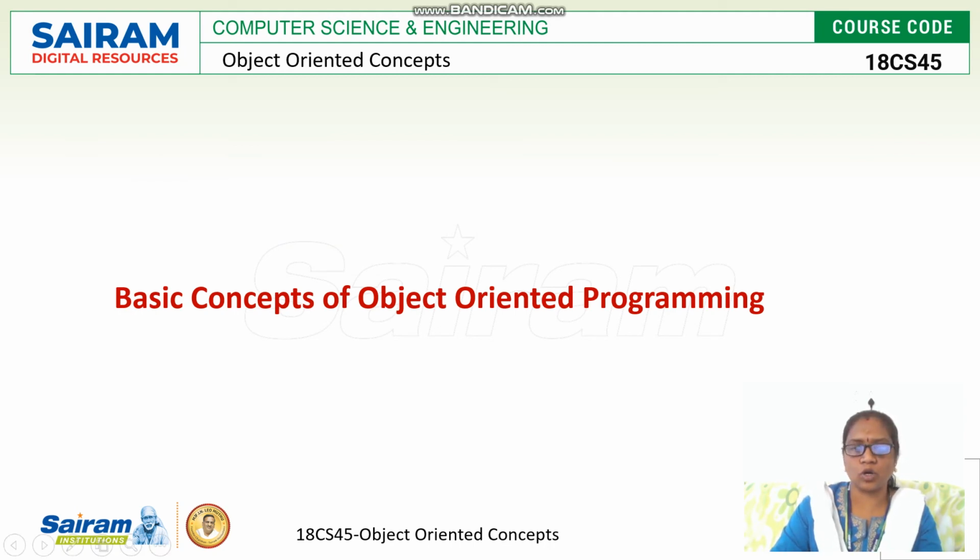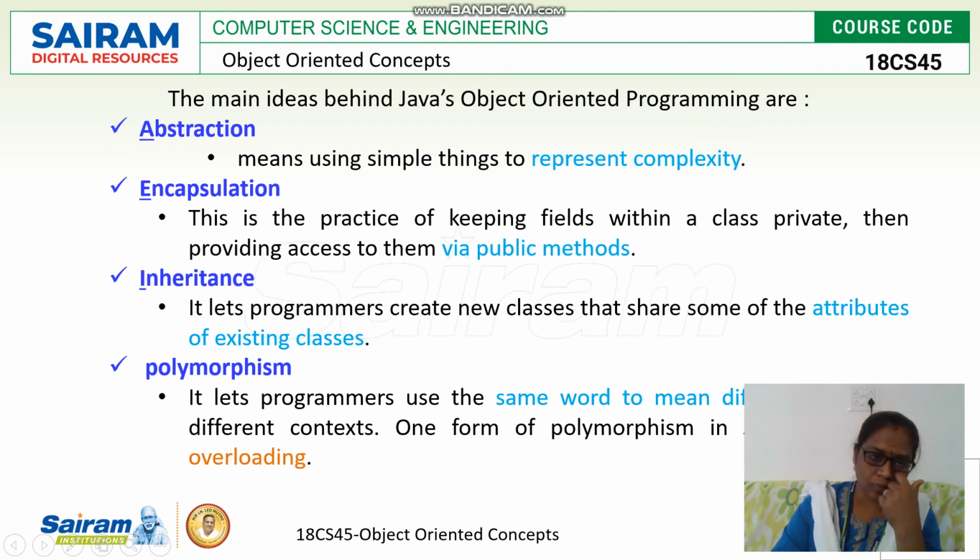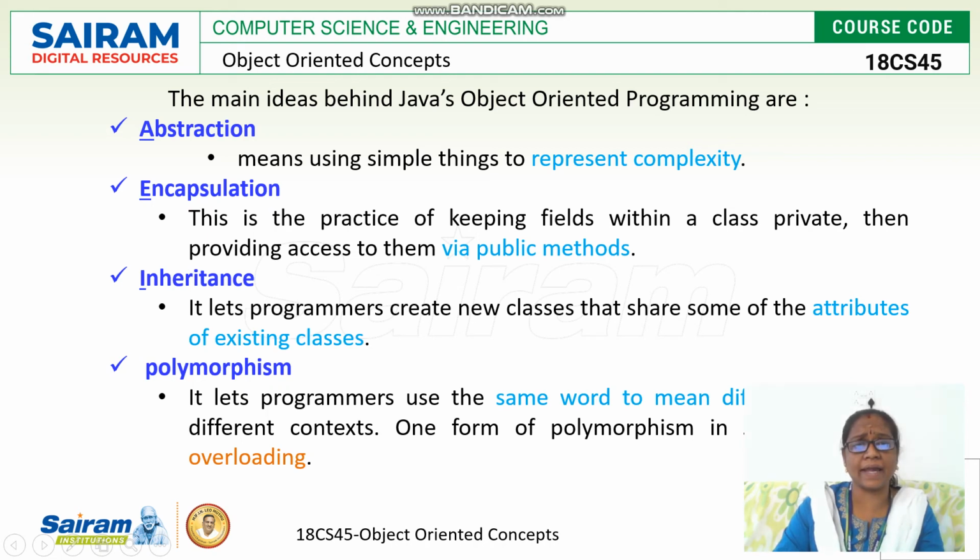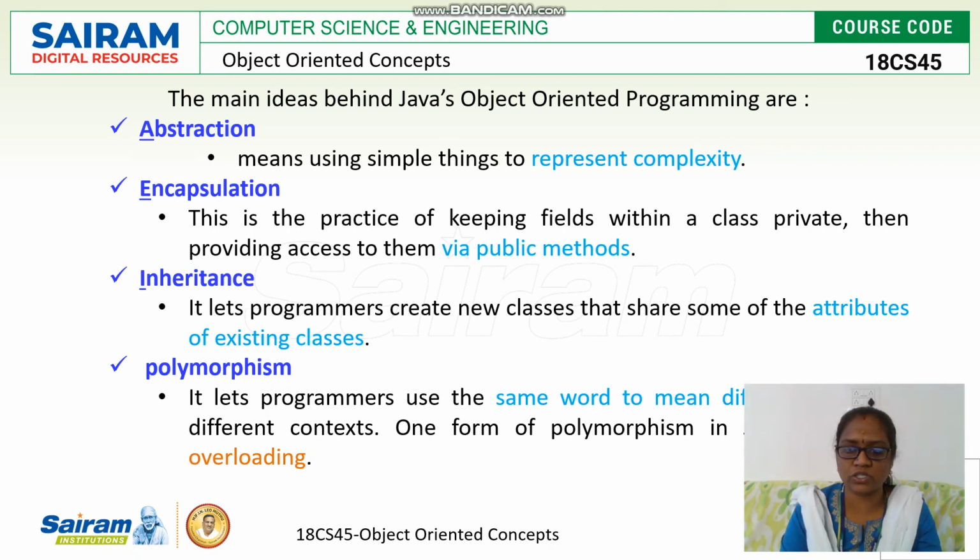Then next is the basic concept of object oriented programming. Whenever we talk about OOPs, there are 4 important ideas or properties of object oriented programming. What are those? First one is abstraction, then encapsulation, inheritance and polymorphism, right? Abstraction, from the name itself, tells only the important essential features of a class, right? It only talks about the essential features.